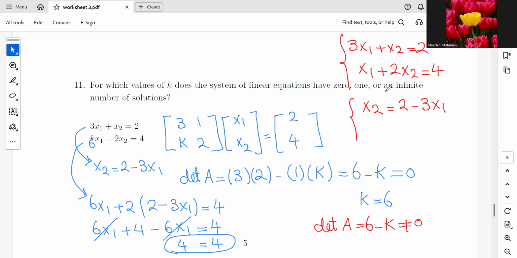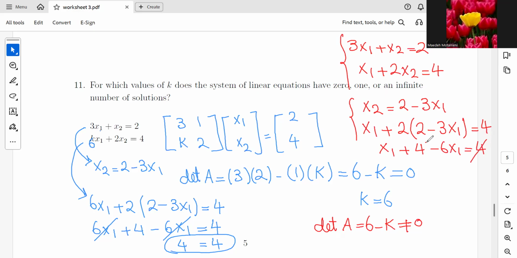and I would put it for the next one. So x of 1 plus 2 times, instead of x of 2, I would write 2 minus 3x of 1, which is going to be 4. So we would simplify this as